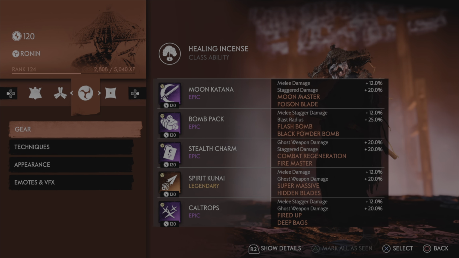But yeah, so this is going to give us the most ghost weapon damage that we can have without any type of Oni damage. But do note that maxed out ghost weapon damage is 110%. But when you use it against staggered enemies, you're going to actually end up doing 150% more ghost weapon damage to enemies that are staggered. Caltrop stagger,